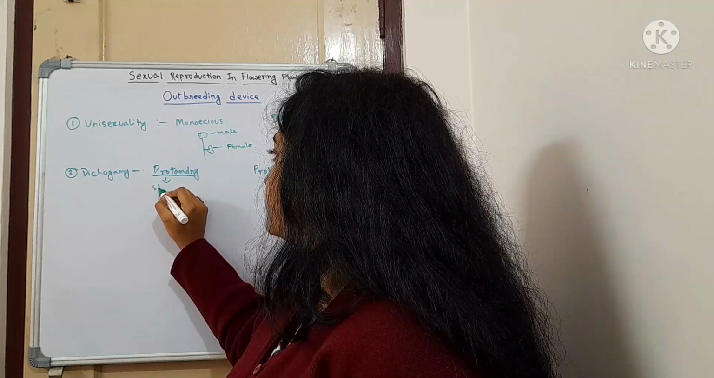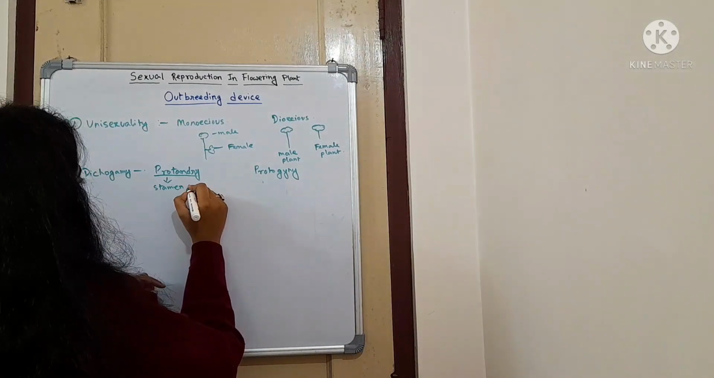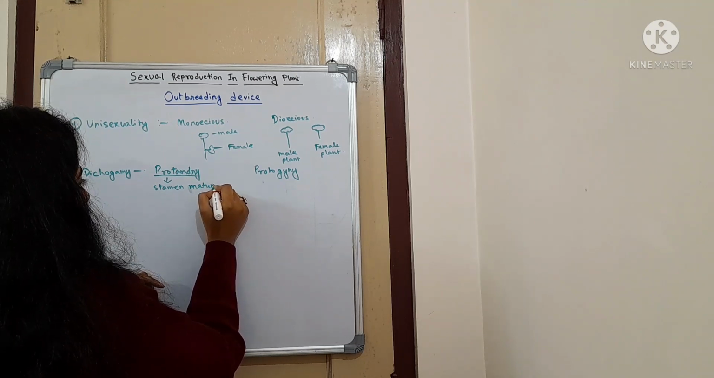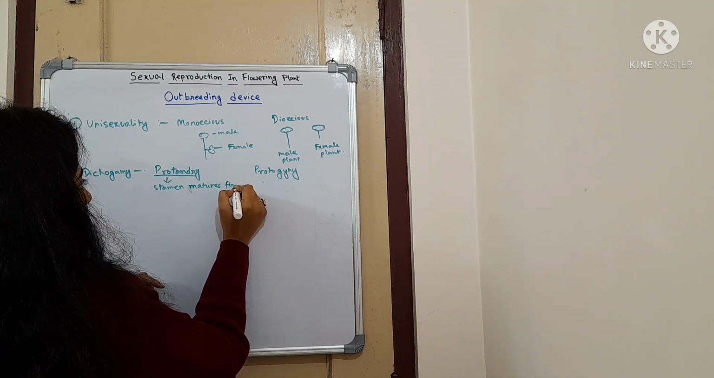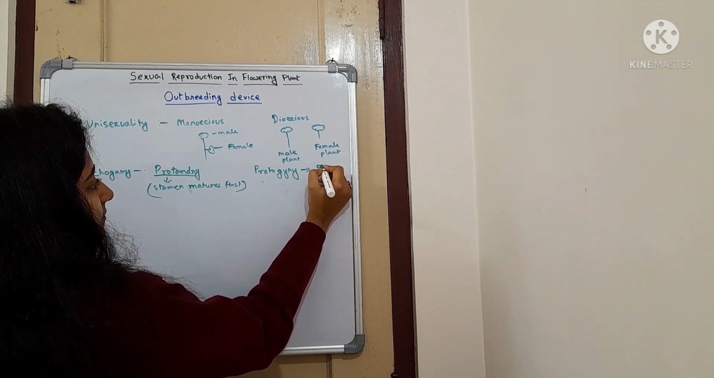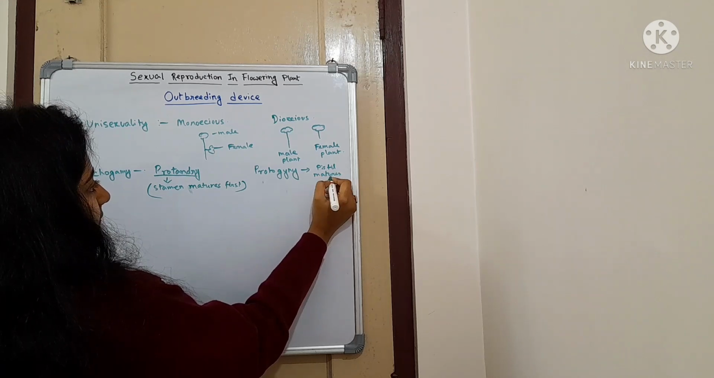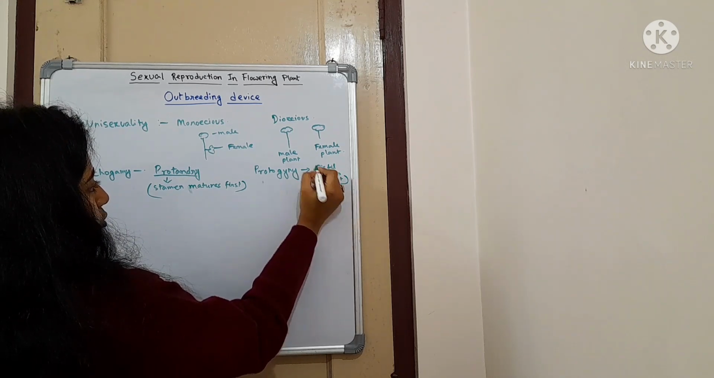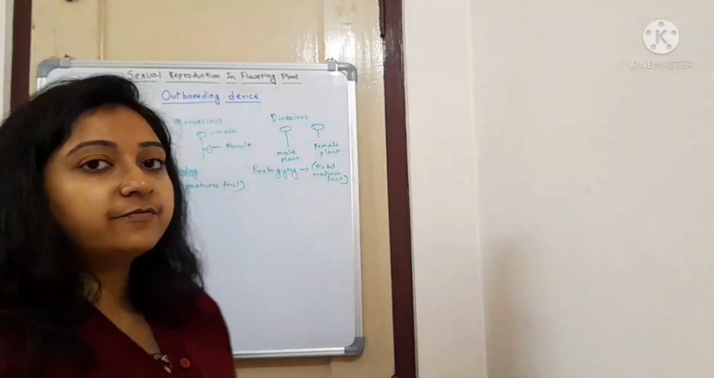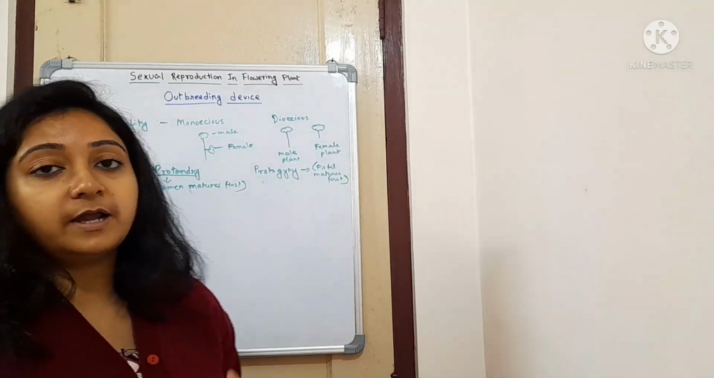Androecium, that is stamens, will mature first. Stamens mature first. And in the second case, the pistil will mature. Pistil matures first. So though one flower is hermaphrodite or bisexual in nature, though the flower consists of both the male and female parts,